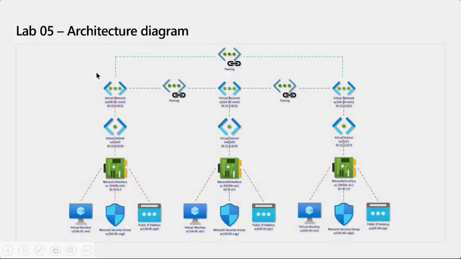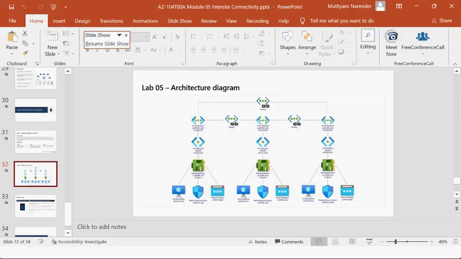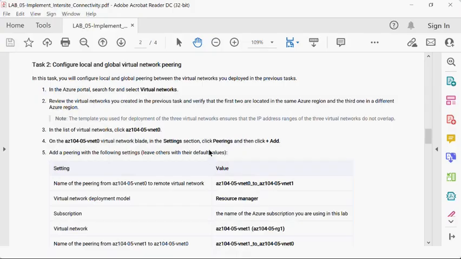Now this is ready, and this is ready. Three instances are ready with three VNets, subnets, and again VMs. Everything is ready. Now these lines are not there, which means I need to connect them. This connectivity is not there, meaning this VM cannot talk to this VM, and this VM cannot talk to this VM because we have not implemented peering. So now we are going to implement peering. Again, go to the lab here.